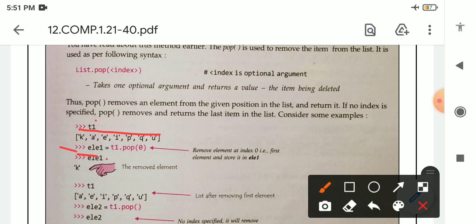To store that deleted value, we have created this variable. So we write the variable name, then the assignment operator, then T1, the list name, then pop, the method name, and inside pop we write index 0. At index 0 K is there, so K will be removed from this list. When we type the variable name ELE1, we will get K, the removed element from the list.